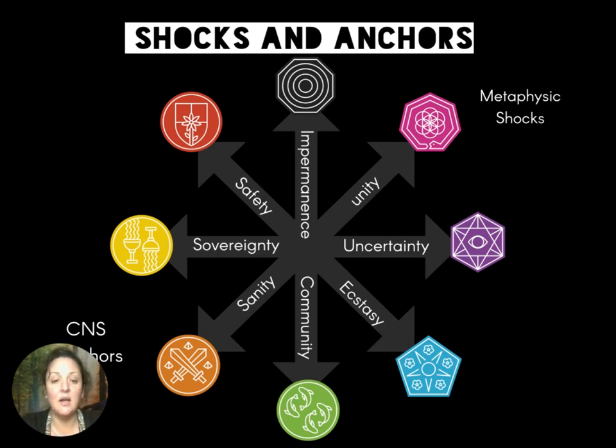So now let us take a closer look at the shocks and anchors. I love the representation on the chaos star, because it allows us to look at the direct correspondence of the circuits in the lower to the circuits of the higher. So we have a correspondence between the red circuit 1 here and the blue circuit 5, in the sense that the more safety we can create in our body, the better we can regulate our body into safety, the easier it is for us to access and also absorb and integrate experiences of ecstasy. If we're not feeling safe in our body, it is not going to be possible to access experiences of ecstasy.